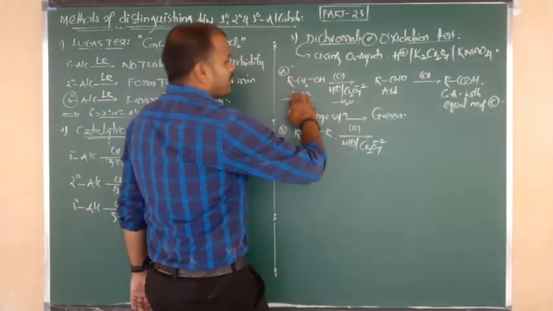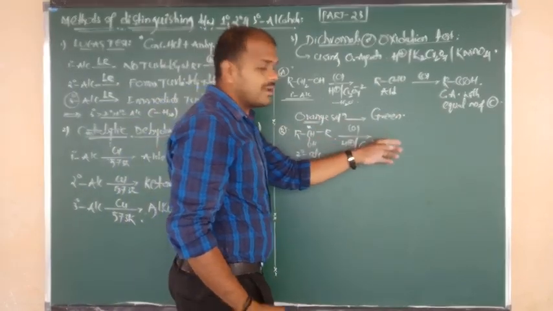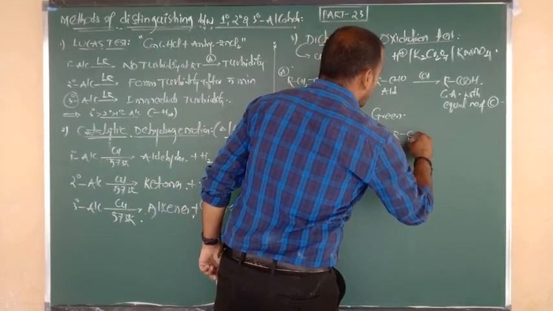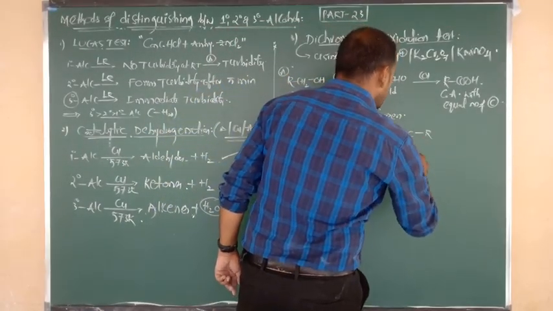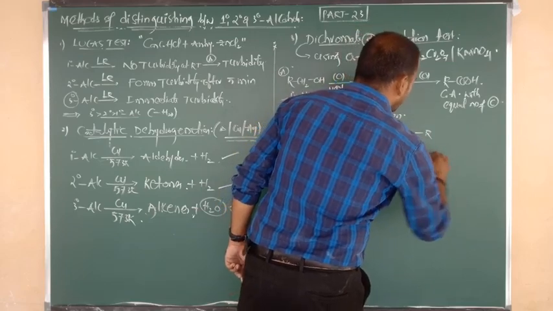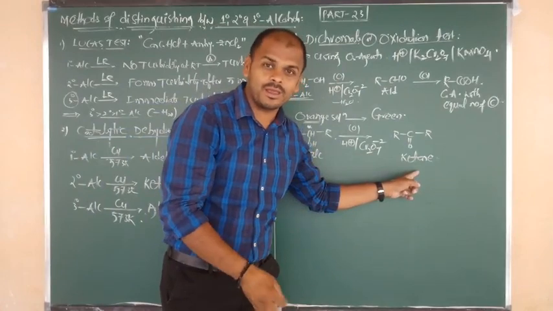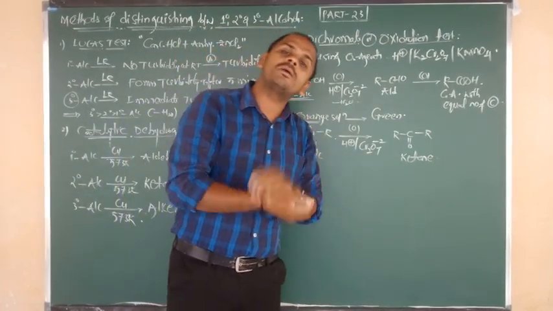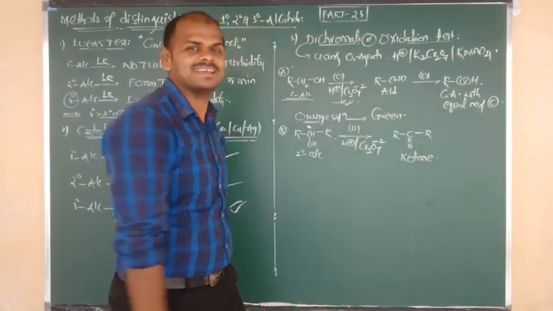Secondary alcohol. Okay, primary alcohols first of all oxidize to aldehyde. Secondary alcohols first of all will oxidize to ketone. The formula is nothing but R bonded to C double bond O, again bonded to R. So this is your answer, what, beta? Ketones. Okay, now will the reaction stop here only? The reaction won't stop here, because we are using powerful and common oxidizing agents. Again it will change to the respective carboxylic acids.